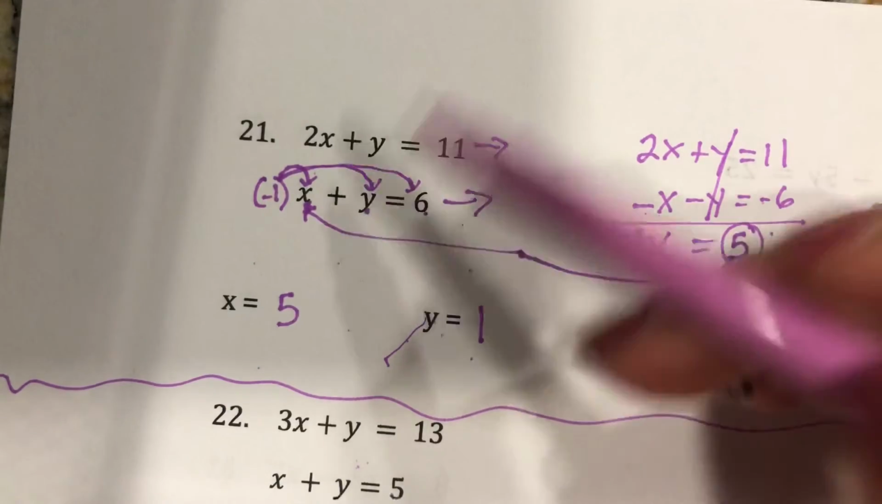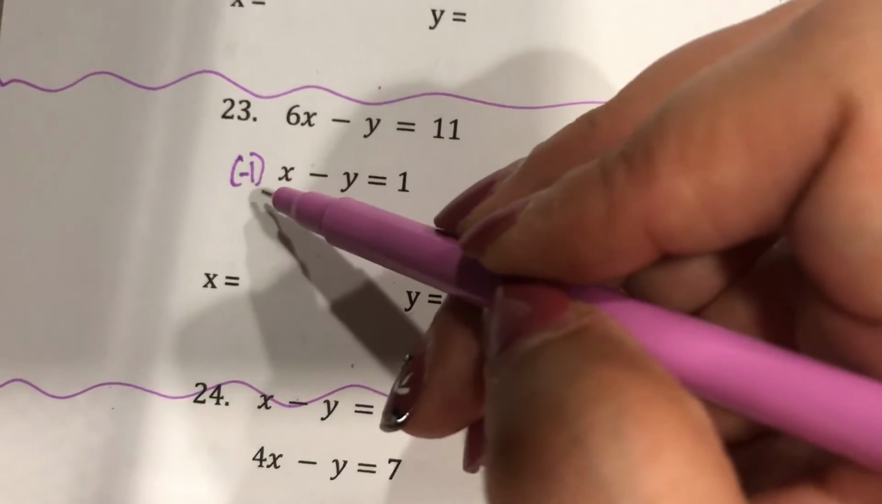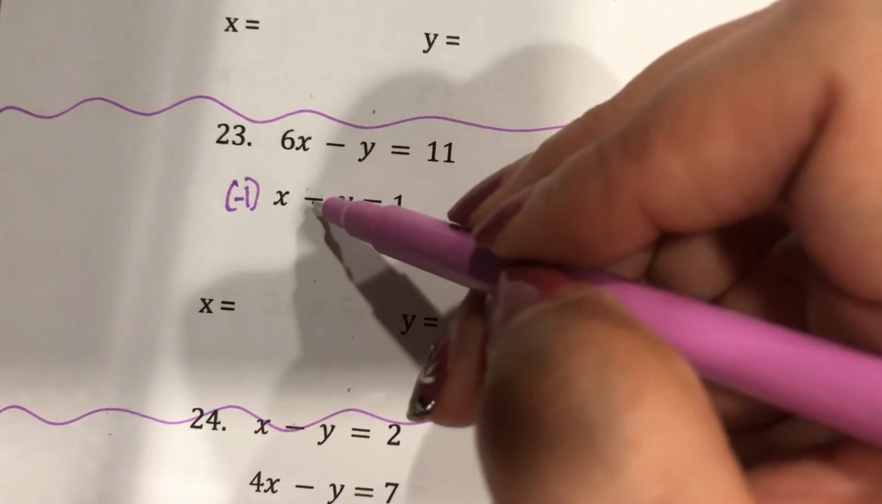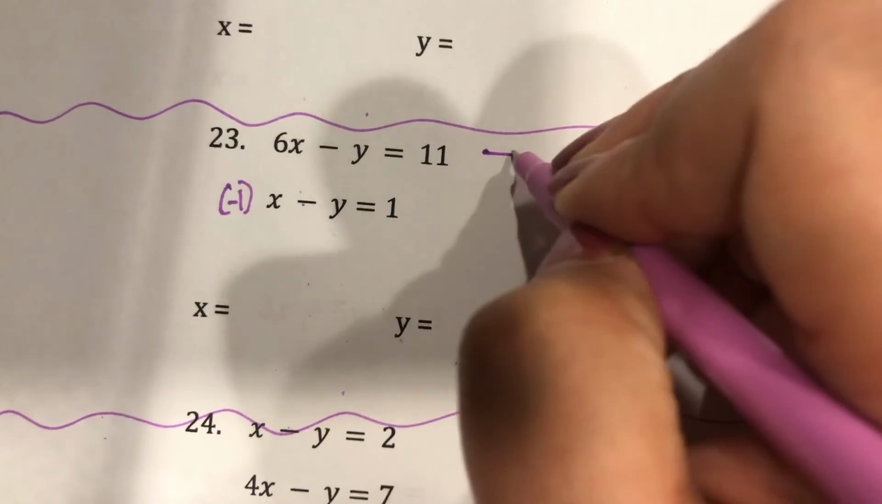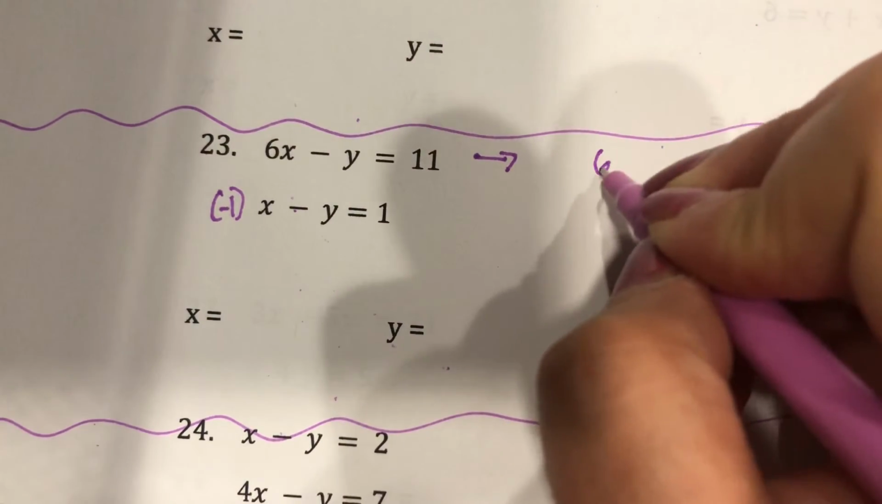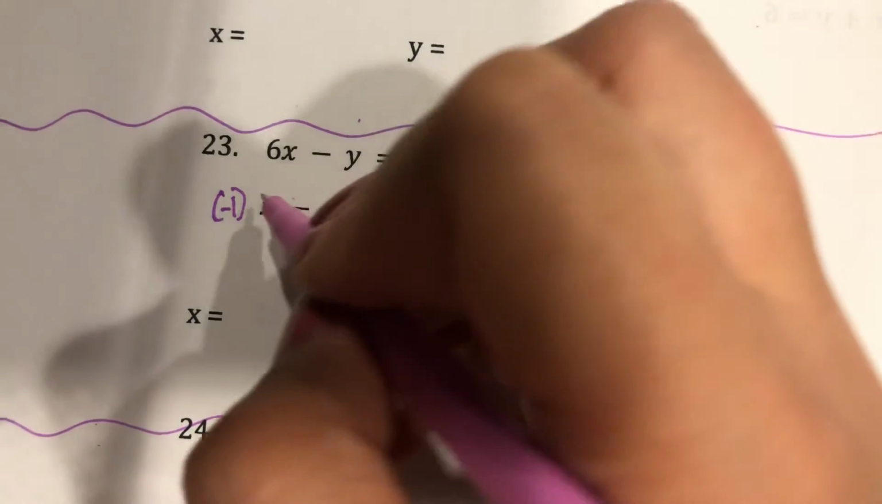So differences, these were two positive answers. These are two negative answers, but we're still going to do the exact same thing because that just changes this sign, and I need this to be a positive. So nothing's happening to this first one, so it stays the same, 6x minus y equals 11. I'm going to